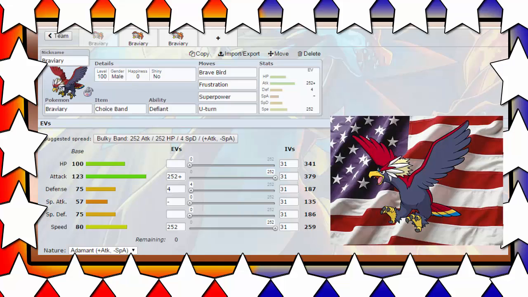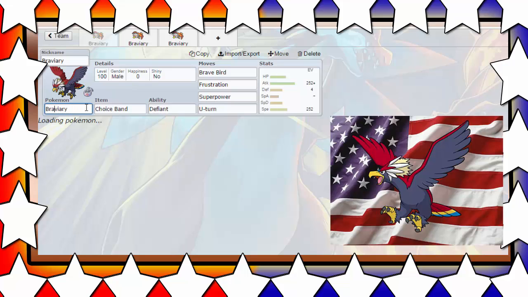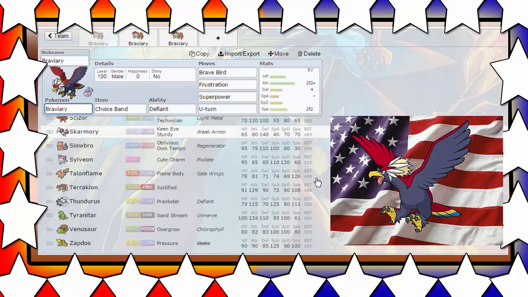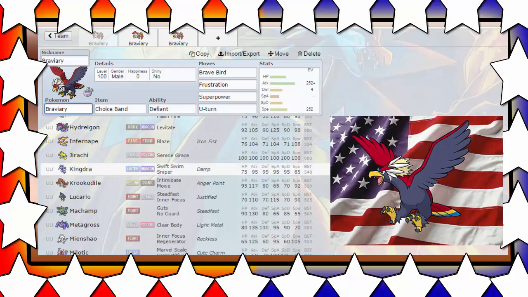Now, here we go, and we'll start this set. Now, Braviary just happens to be an RU, rarely used. Now, I would say he's pretty underrated, as most rarely used Pokemon are. Let's scroll down here and look. So, you've got